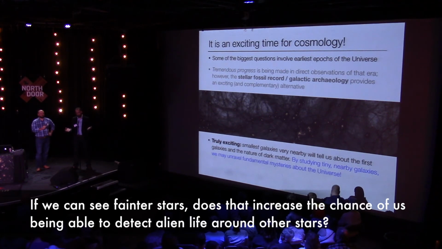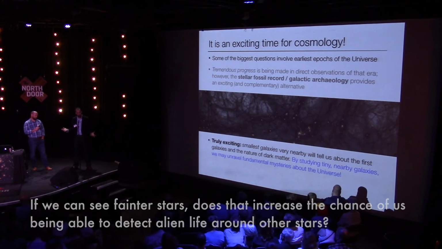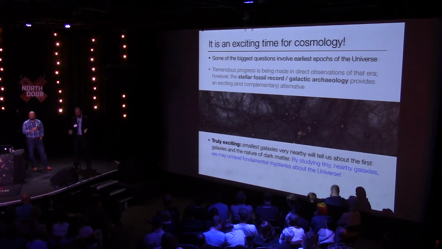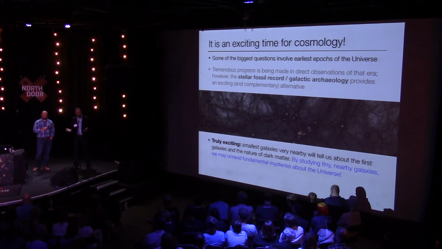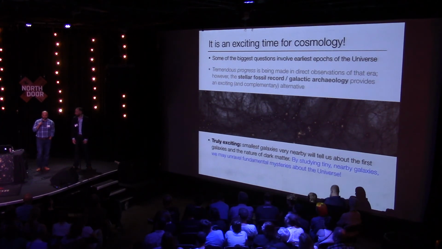So the question is related to looking for intelligent life, and the question is, if we can actually see these fainter stars, would that actually increase the chance of seeing intelligent life? As far as I know, it's not really clear that that would be the case, but I think the more we understand about these low-mass galaxies and the more we understand about the stars in these kinds of systems, the more we will know whether the conditions for life are met in some of these systems and not. And again, that's easier to study much closer. The first place you look wouldn't be as far away as possible. It would be as near as possible. And so going fainter and fainter is very good for that kind of thing, absolutely. Our next speaker will probably get into that as well.